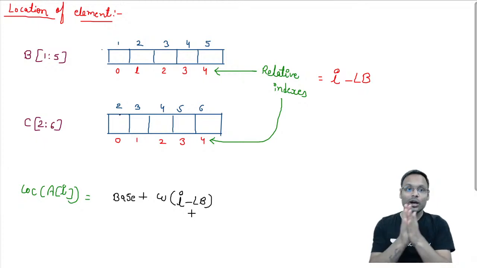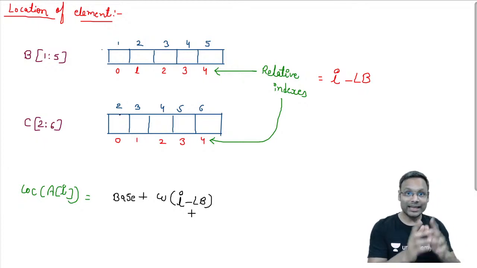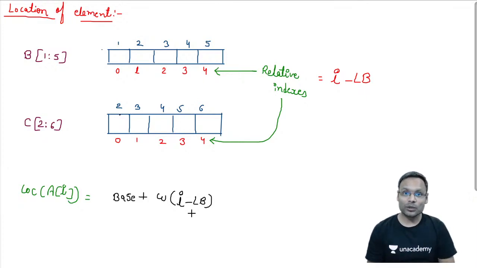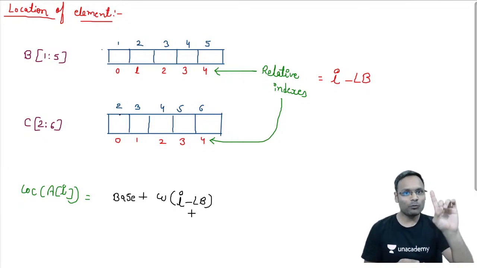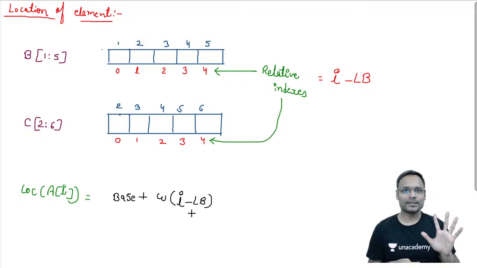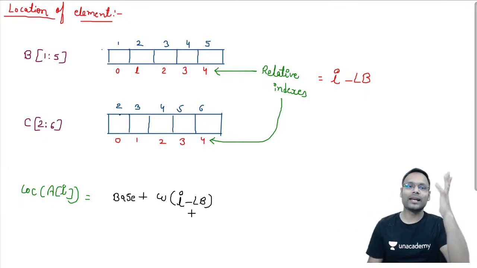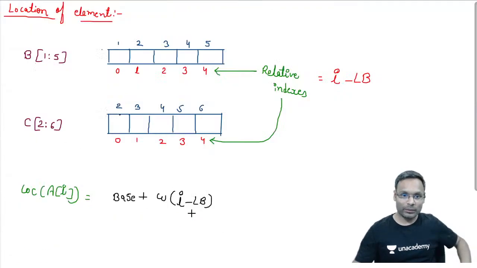Remember this point, why array index starts from 0 in the C language and other further few languages. Why? Just because for accessing the array element, CPU will perform one operation less. Of course it's an improvement, छोटा improvement है, but है तो सही. Got it? Got my point? So remember this particular formula. This is the formula for the